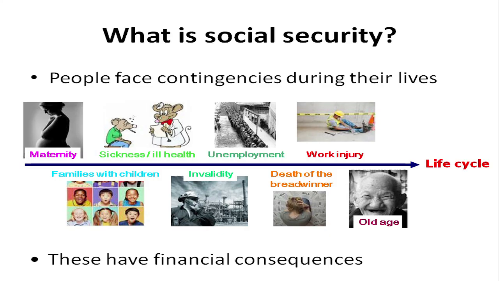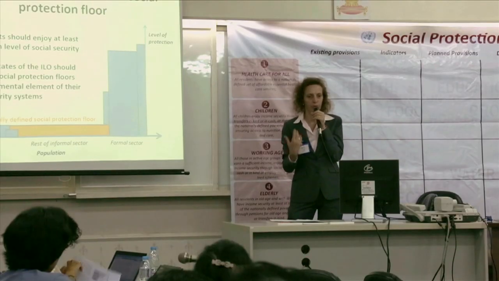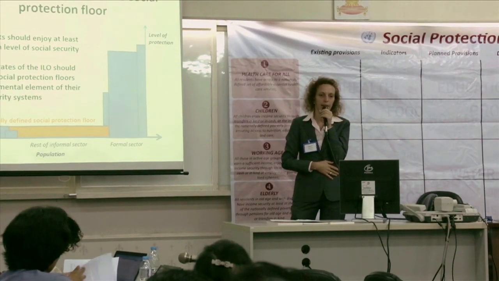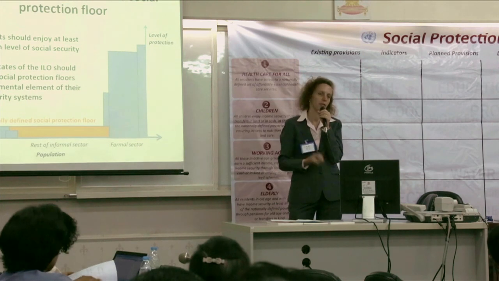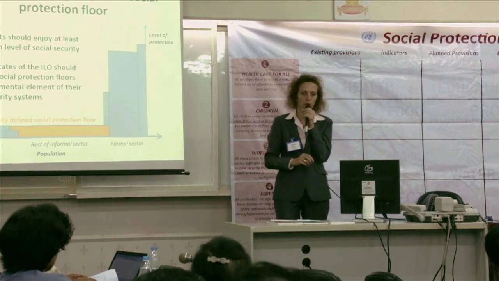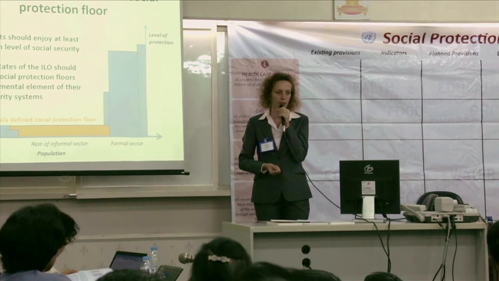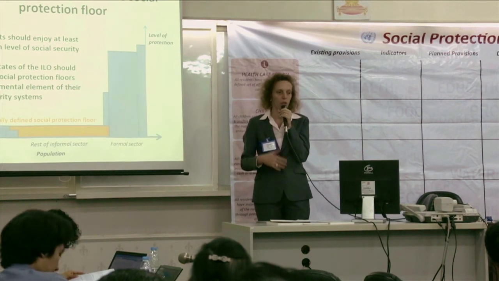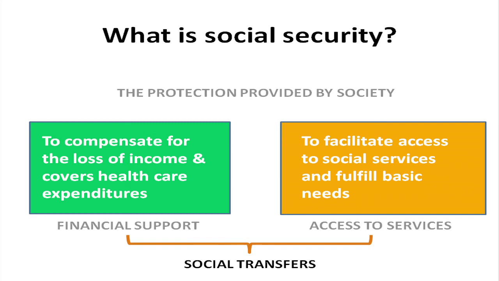People face contingencies such as maternity, sickness, unemployment, employment injury, invalidity, old age, and death, which can put an end to or cause a substantial reduction in their earnings. Families also require medical care and may need financial provisions for their children's care and education. To meet all these financial needs at different points in people's lives, Social Security is important. Social Security is the protection which society provides for its members against the economic and social distress that otherwise would be caused by these contingencies.